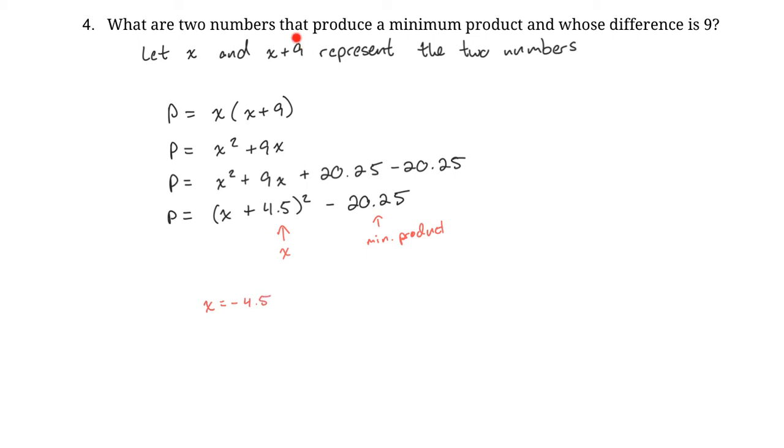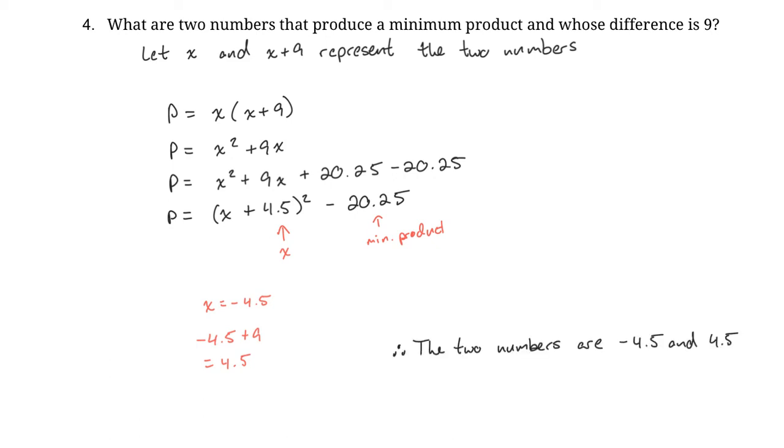Our second number is represented by x plus 9. So if we just take x plus 9, substitute in negative 4.5 for x, you're going to get your second number is equal to a positive 4.5. So that just means our two numbers with a difference of 9 who have a minimum product is negative 4.5